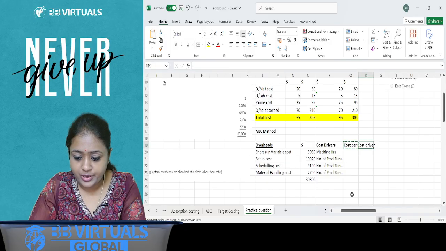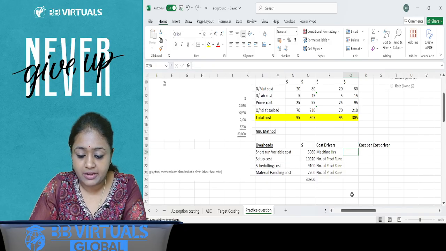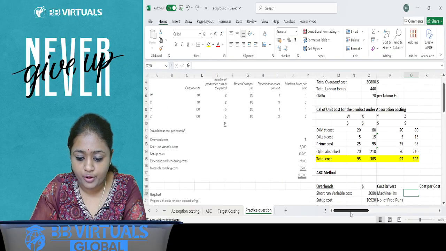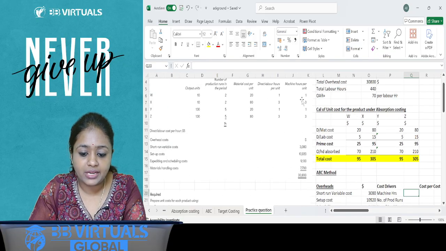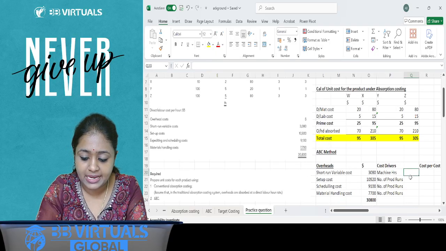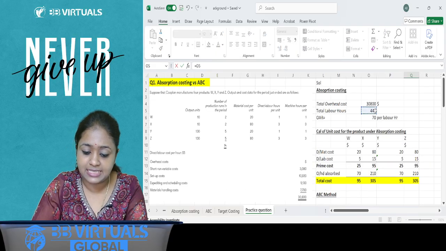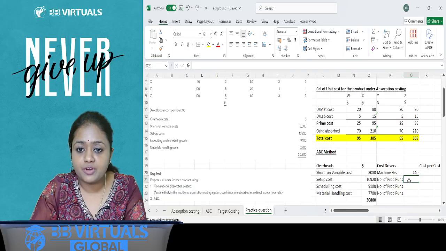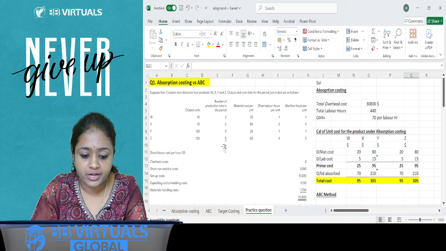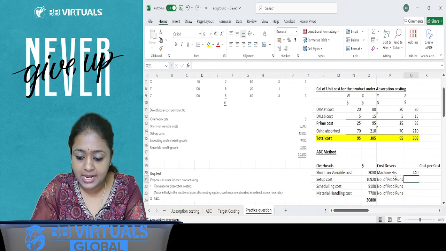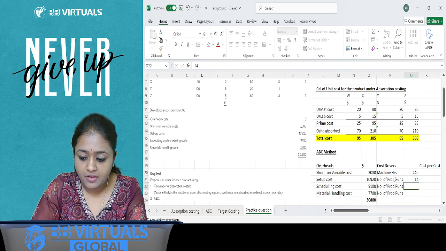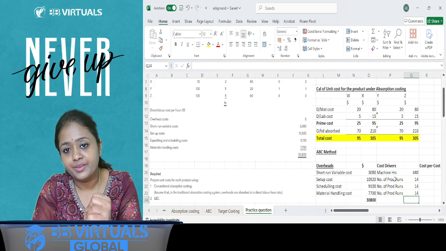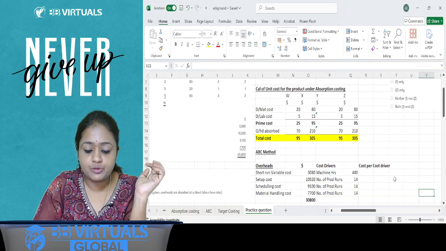So for that, first I will have to write the numbers here so that I can use the formula directly. What are the total number of machine hours? Again, you need to multiply, which is same like labor hours. We've already calculated labor hours here. I can link here and take the machine hours, same, because they are same, right? Now, number of production runs. The total is already given to you, 14. Let's have the total here, 14, 14 and 14. I'm sure till this point we are absolutely clear.